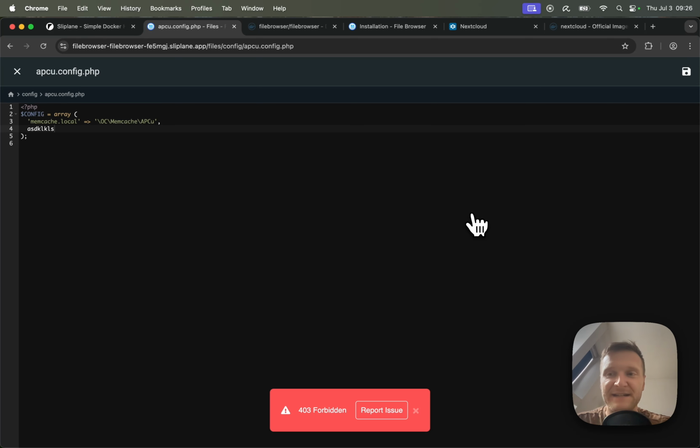And Filebrowser currently has only read permission in this case because of the way Nextcloud set up these files and folders. And like I said, they use a different user with different permission. And this isn't always the case, but sometimes you will run into this issue if you want to edit a file. But as a fallback, if you really need to edit these files and Filebrowser doesn't work, you can always